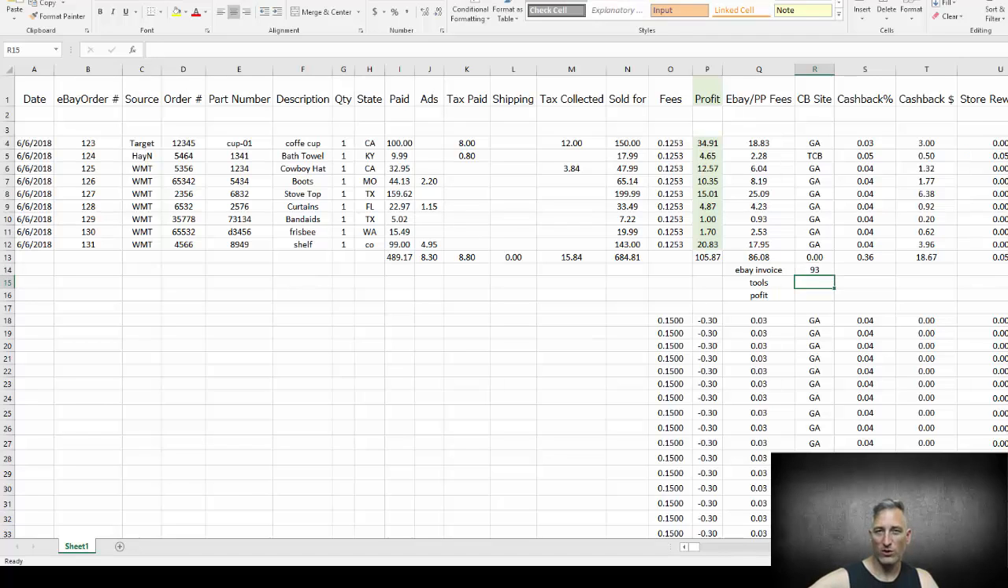And then your tools, whatever you spend monthly for your tools. If you're using any type of software to track your products or to list your products, you want to add in how much you're spending a month there. And then to calculate your profit, you would just type in equals, click on this number, minus, and then this number, your tools. Hit enter, and that's your actual profit for the month, minus your tools costs. I know it's a lot of data here, and it gets overwhelming and complicated, but